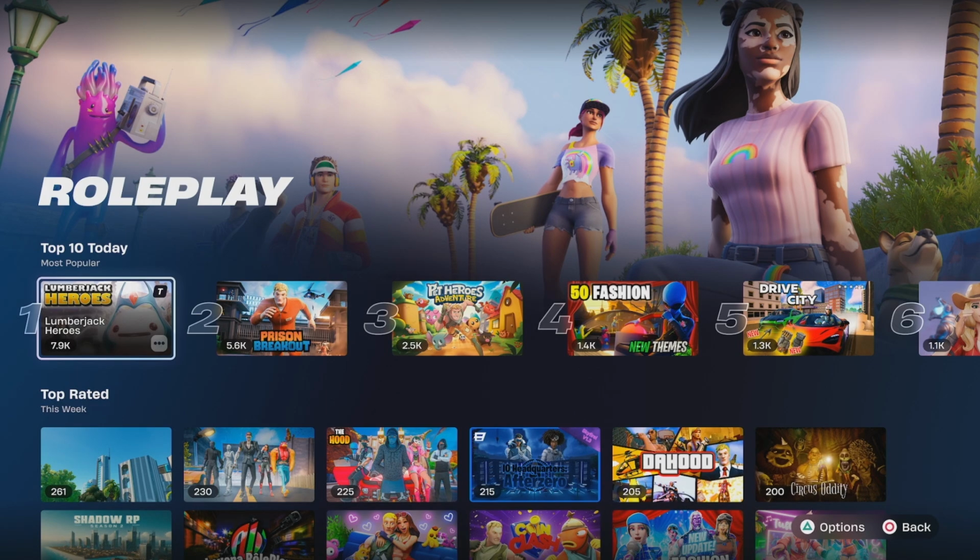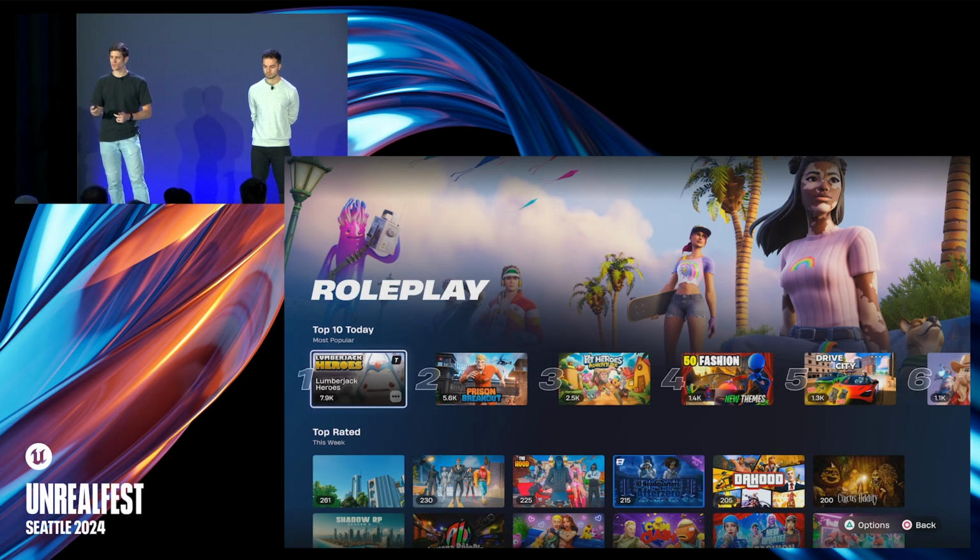And so then, again, those same collections can show back up in their library. They'll be able to have more immediate access. Ideally, we can start sorting the different rows by the things that they favorited and really bringing that to the front and giving players a little bit more control over, hey, I'm here for roleplay games, and I want to make sure that I can get to those roleplay games really quickly.